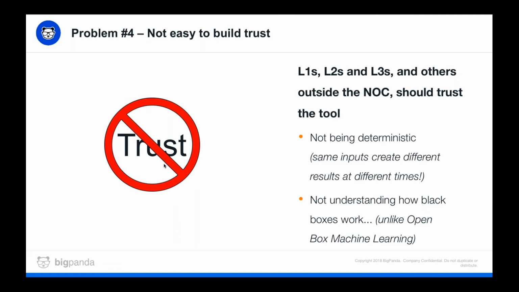I think it's extremely important for them to pick tools where it's easy to build trust with. And it comes down to two things. So one is the problem with being deterministic or not. In simple terms, what that means is if you have the exact same set of inputs that your NOC receives, and your machine learning creates a different set of results every single time, that means that you have a problem with being deterministic. And as you can imagine, that is a huge red flag, because every single time you have